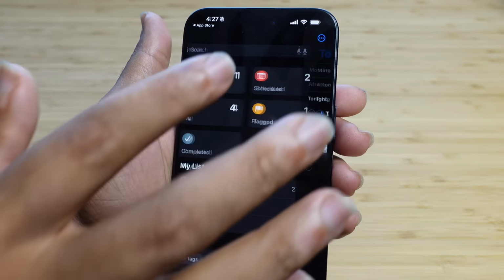So let's go ahead and open up the Notes application on our phone and take a look at how to use it. So the first thing that you'll want to do on your Notes application is create a new note. And you can do that in the bottom right here. You just press this new note button, and then you can title it. So we can go ahead and title it Art. And we've got the art title right here,